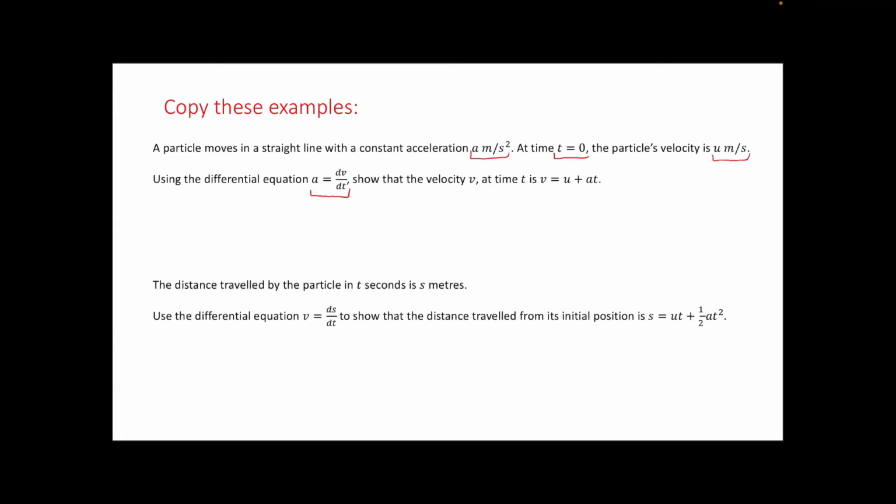Show that questions are always good because you know your answer before you get to it. It sometimes makes it a little bit easier, though not always. So it wants us to use that equation to find our velocity. So that is telling us that our